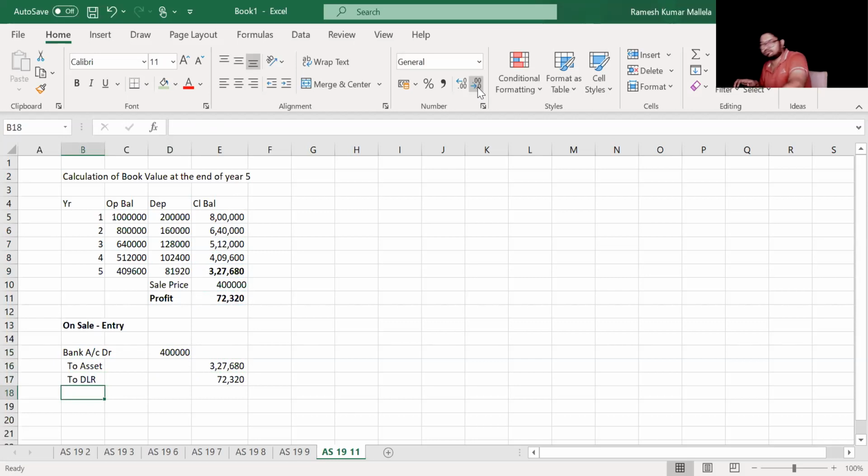And thereafter, you are supposed to recognize the asset as if it's a freshly taken leased asset. Okay. Now, on sale of the asset, don't think that your book value is 3,27,680 at all. You are now supposed to think completely afresh, as if you never knew about this asset. Okay, that means you are supposed to calculate the fair value of the asset considering the present value of future cash flows at the IRR of the borrower.